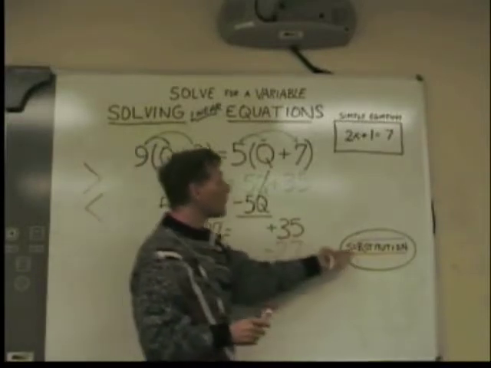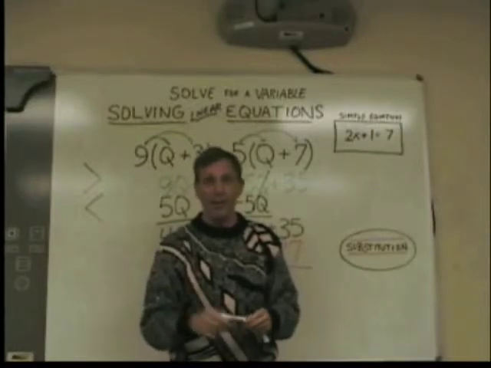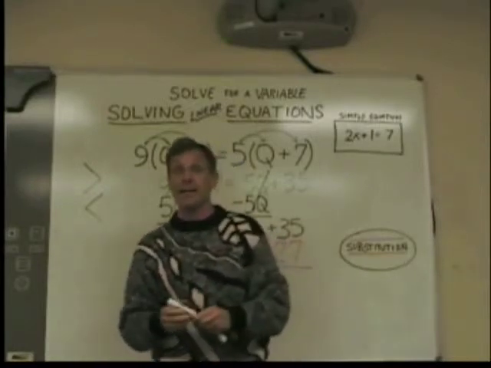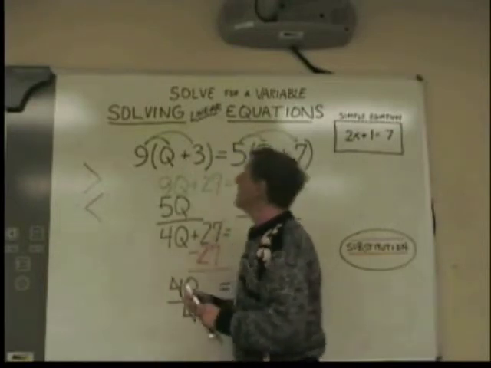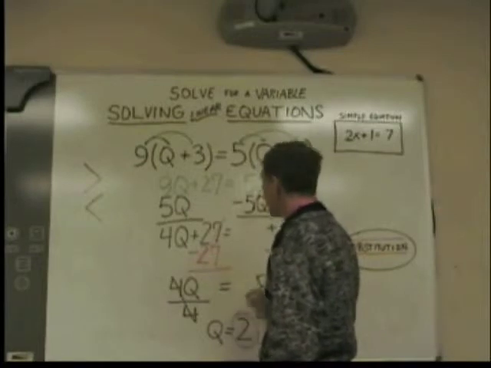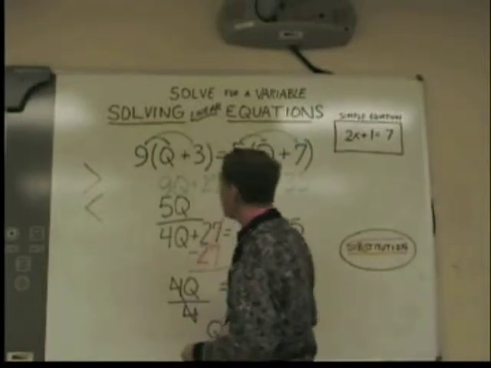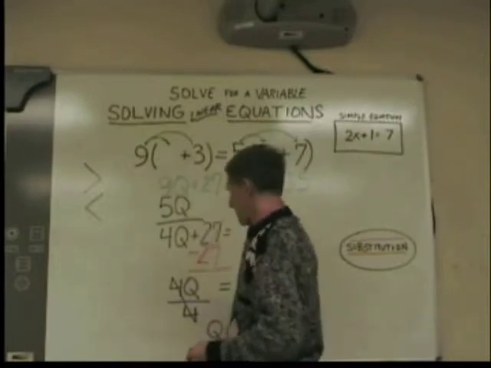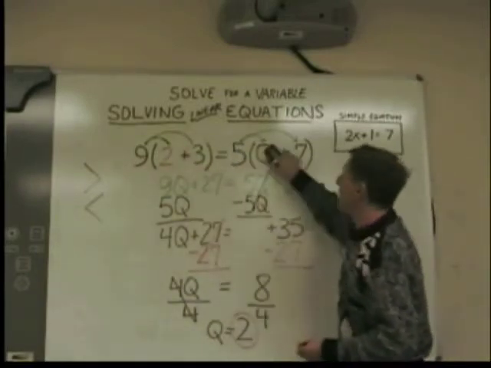I could also use substitution. Substitution's a very good trick to use and very helpful, and also good as a check, because you often get choices on a multiple choice test. Well, now I know it's 2, that's what it worked out, but let me use substitution to check. If I replace the q with 2 in the equation, and I replace it over here